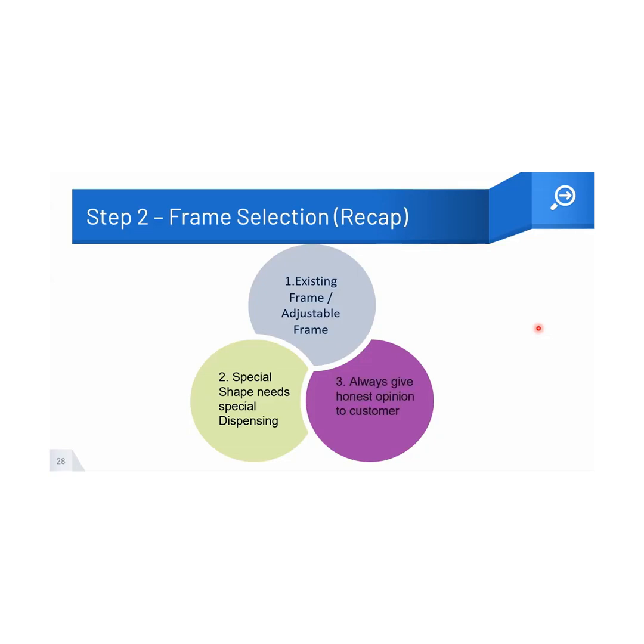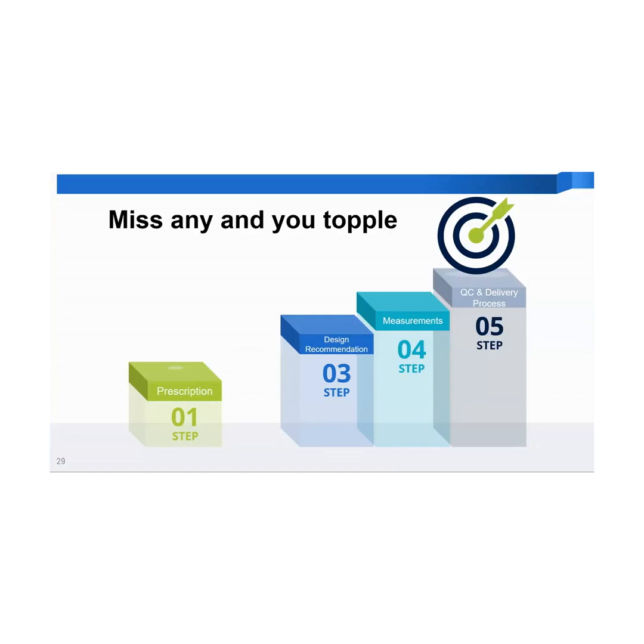If you feel that the PD is really narrow, even if you have found a frame which can actually fit the progressive lens, for a narrow PD the peripheral disturbances are going to come more inside the frame, and your customer might not feel comfortable adapting. Okay, if you miss, generally what happens is you topple over. So basically,